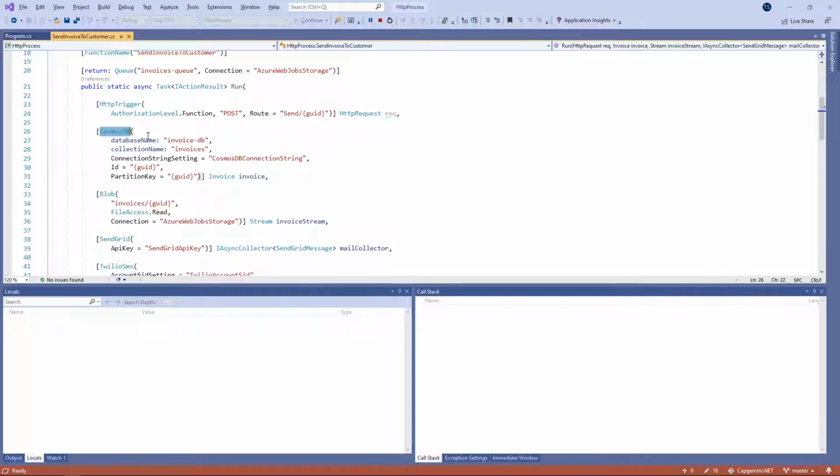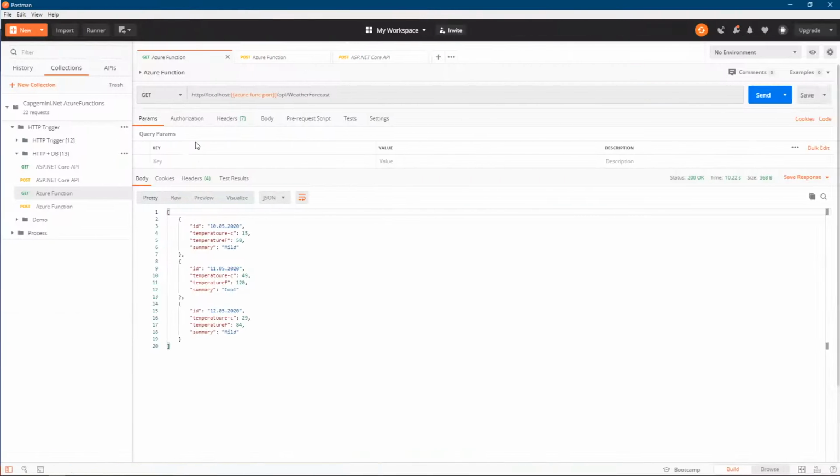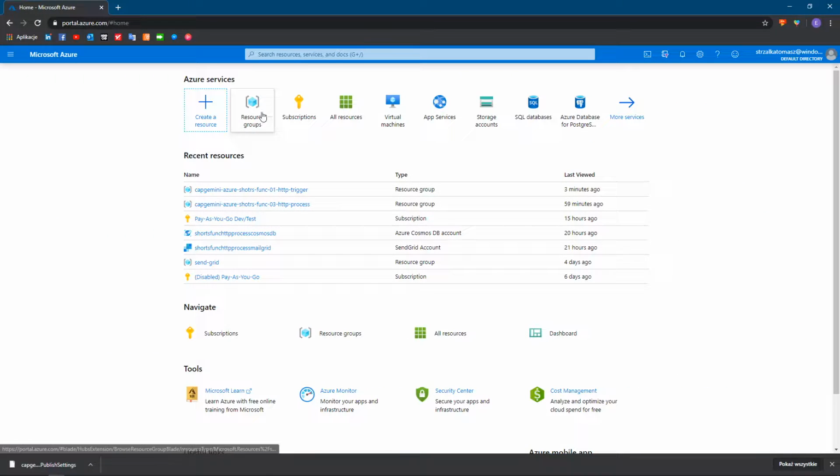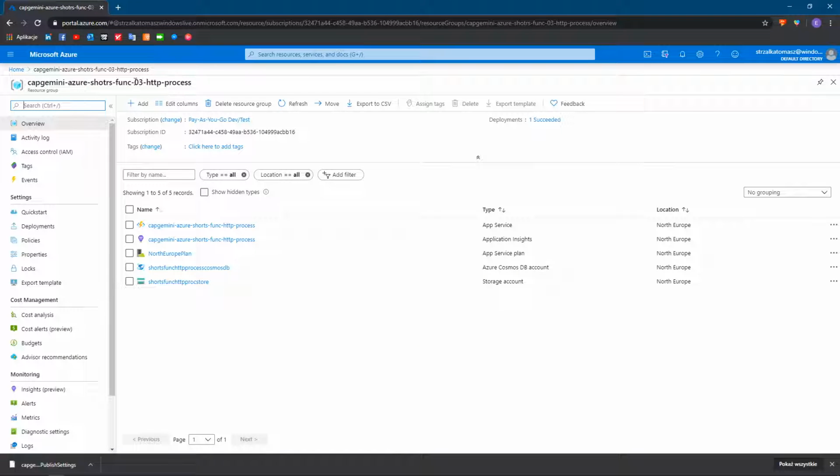This Cosmos DB will ask our invoice DB and collection of items, invoices, to grab some metadata about our invoice with this GUID, as we can see if we go to our Azure Portal,